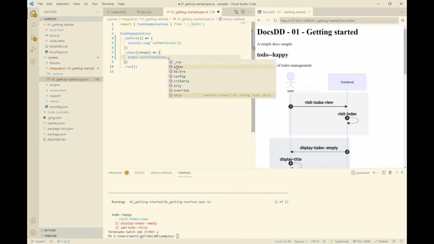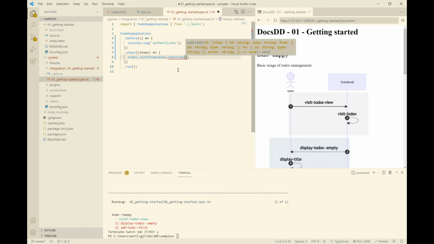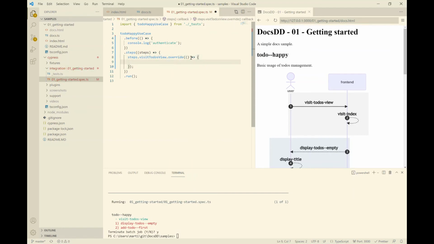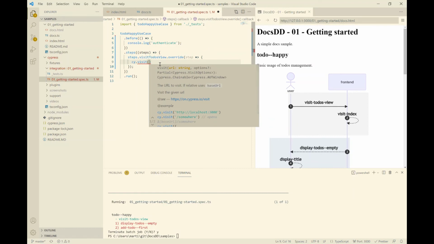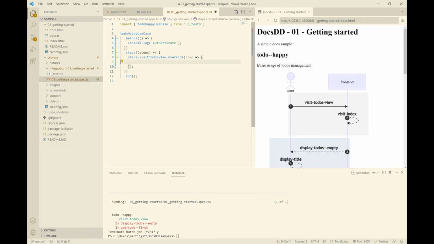However, you could override what's being done or implemented there, and once you override it, you can actually access the step, so you would have all the information to implement what you want to do. So let's not use the generated criteria, and please visit the index.html page like this. Or we could, for example, override just this one criterion using the step, pardon, not really the steps,